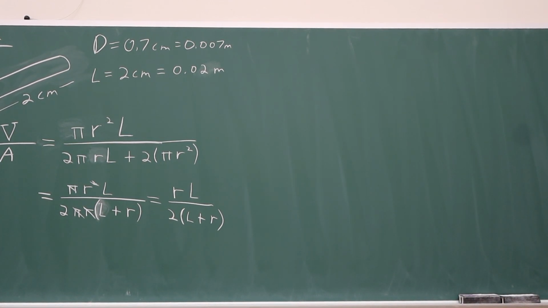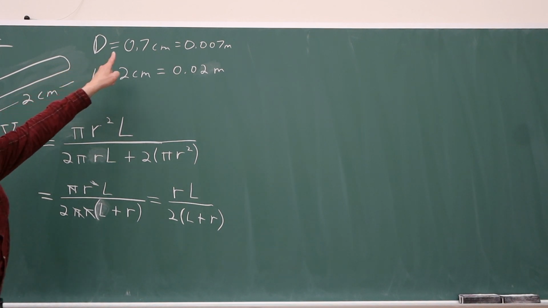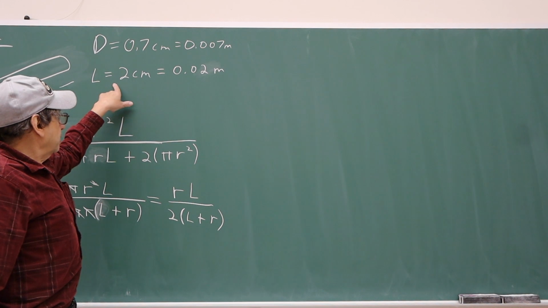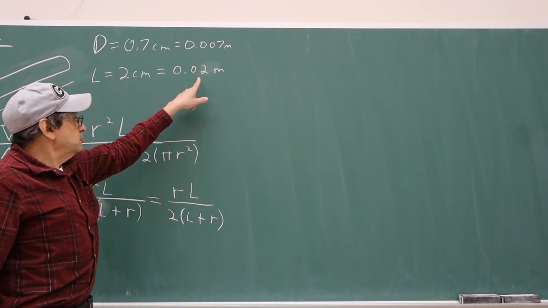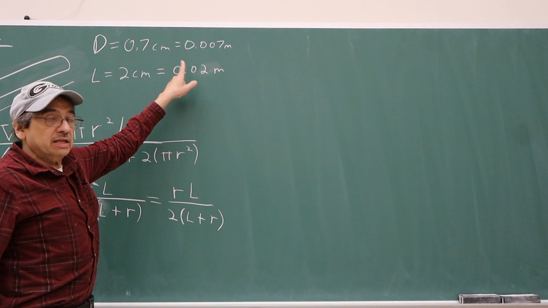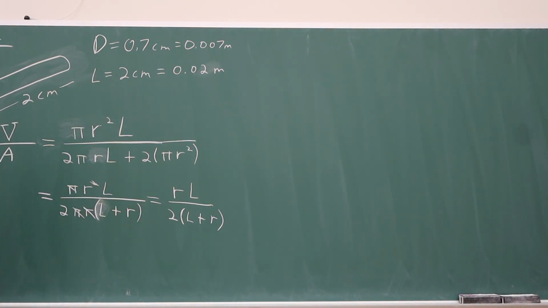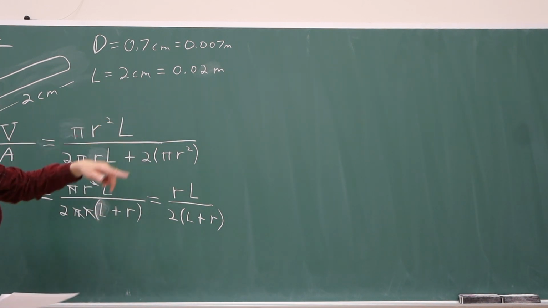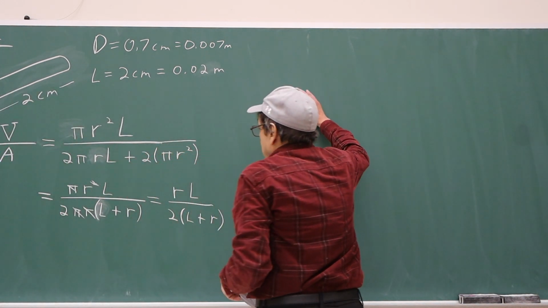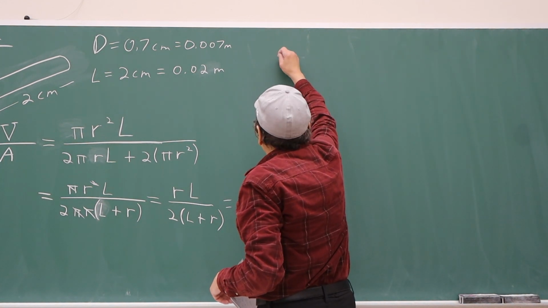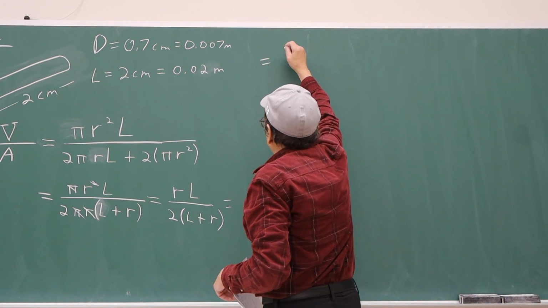So next, let's substitute values into our equation. And again, remember that our diameter was 0.7 centimeters. Let's convert that to meters. Length is 2 centimeters. Let's convert that to meters. Remember, divide each of these by 100 to get this. And now we're going to substitute into here. Again, the radius would be half the diameter. So over here, I'm going to carry this up here. The radius is going to be